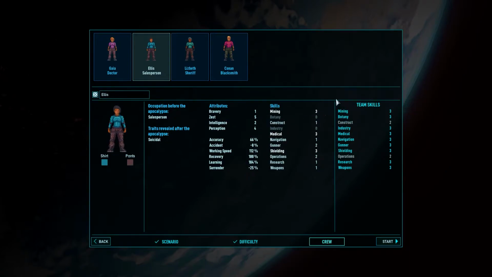She's good at mining. Now, botany we have a little bit. Construction's a bit low. Operations a bit low. But this is good. A salesperson. I mean, hey, why not? So we're going to do...